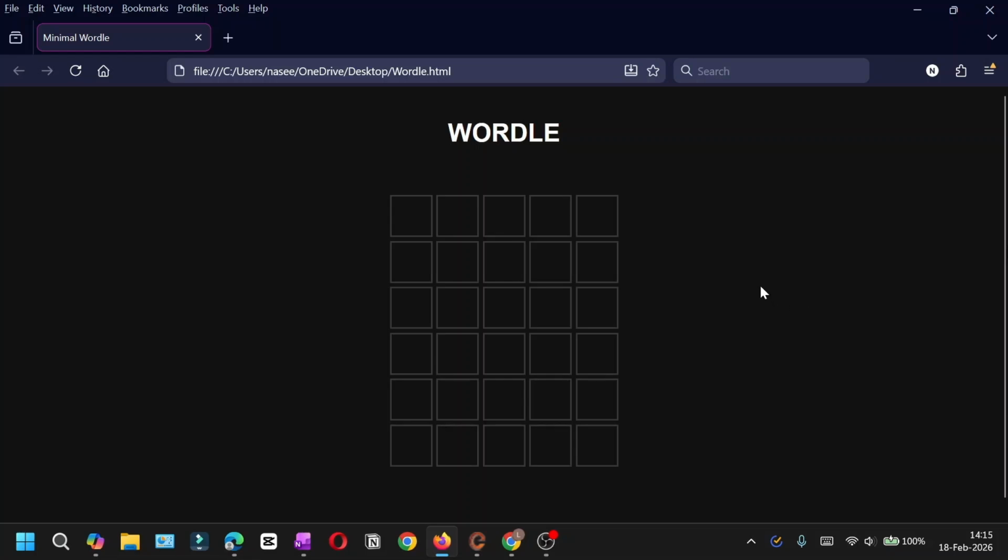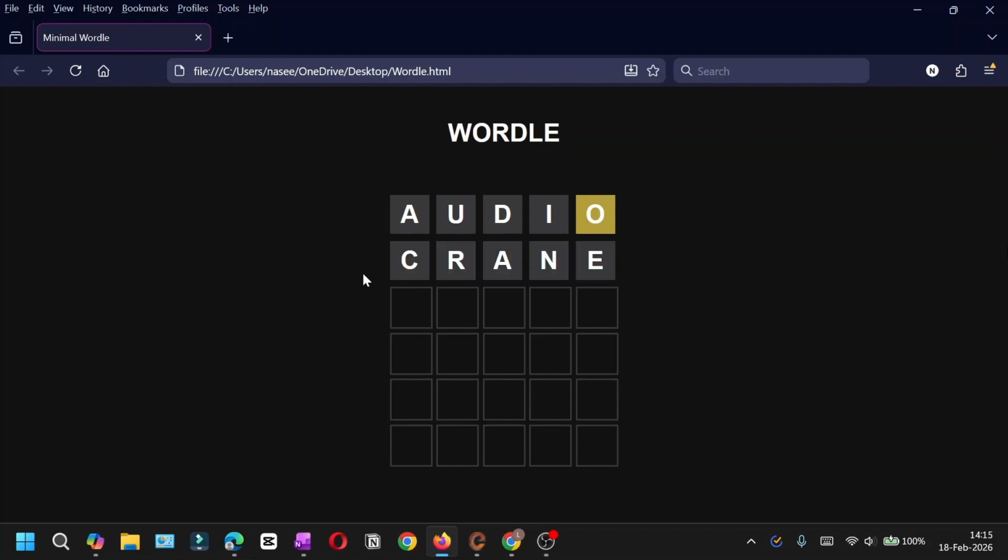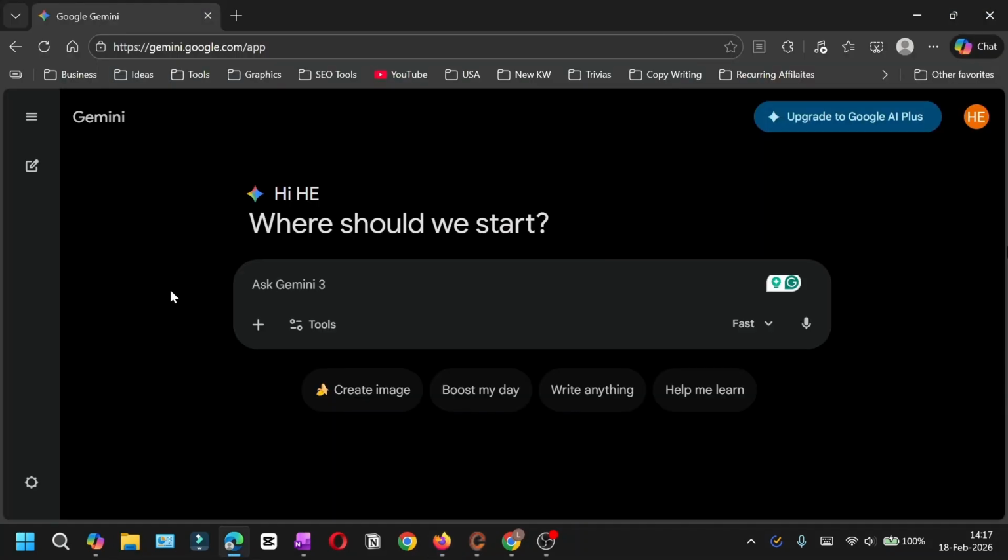And did you know that you can create your own Wordle app using Google Gemini, even if you do not know the coding? That's what we are going to learn in this tutorial. I made this app a few days back, and now I will show you how you can also do the same. So to create your own Wordle game, you can open Gemini in your favorite browser